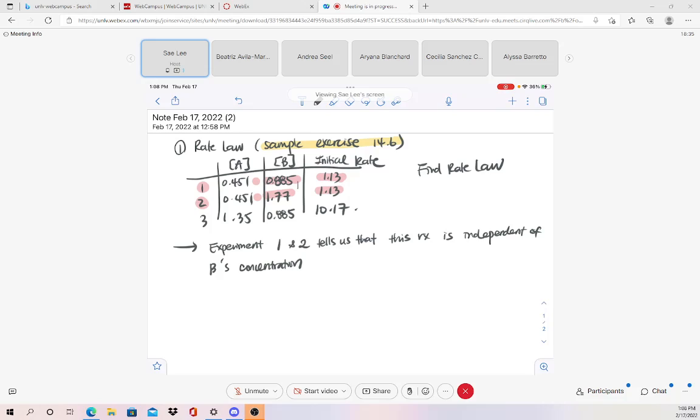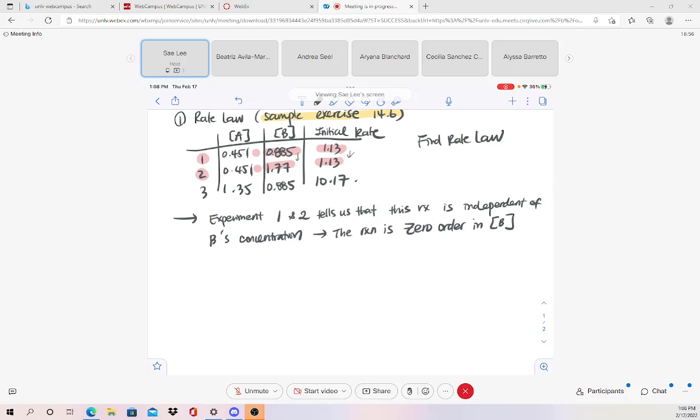Even if you double the concentration of B, the rate didn't change. This means that the reaction is zero order in concentration B. So from experiments 1 and 2, we immediately know that